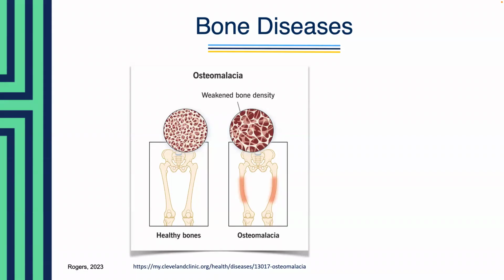So vitamin D deficiency in osteomalacia leads to increased PTH levels and hypocalcemia. The lack of vitamin D impairs calcium absorption from the intestines, and that's what's causing the hypocalcemia. This triggers increased PTH secretion as a compensatory mechanism to raise the calcium levels, resulting in secondary hyperparathyroidism. And that is what results in bone pain, muscle weakness, and increased risk of fractures. So adequate vitamin D levels are very important for maintaining bone health and preventing osteomalacia.